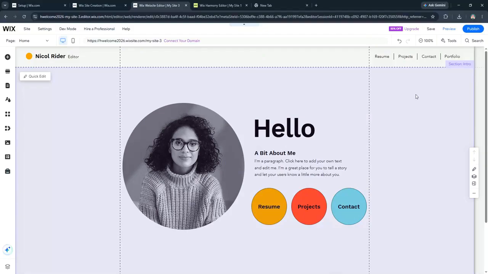Once everything is set up, review your ad, and if everything looks good, click on Launch Ad. Wix will then submit your ad for review, and once approved, it will go live. Don't forget to check back on the ad's performance through the Wix dashboard to see how well it's doing and